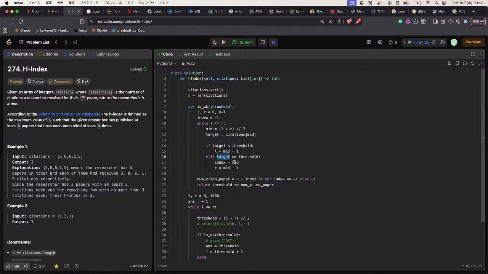So in other words, the index points to the minimum value,